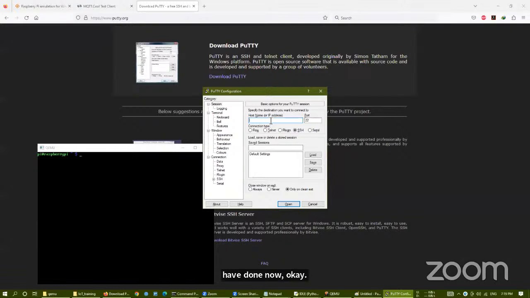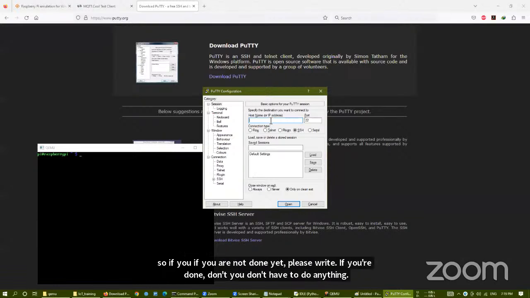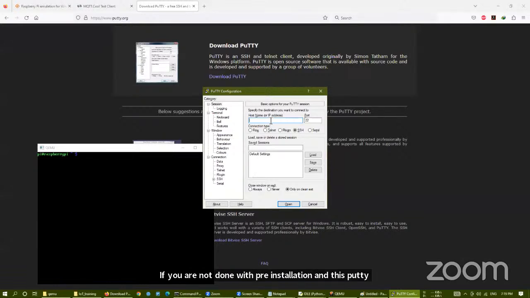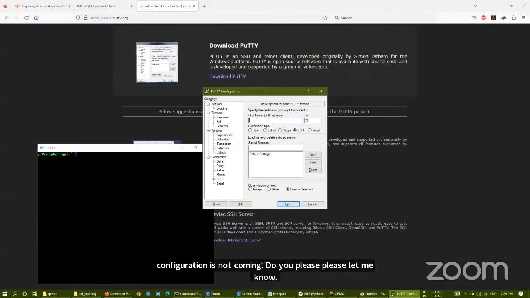If anybody is left with putty, just let me know. I will go ahead and talk on the other part of it. If you are done, you don't have to do anything. If you are not done with putty installation and this putty configuration is not coming to your place, please let me know. I'm giving 1 or 2 minutes for that. Everyone, please download and let me know if you are unable to download. Once this putty configuration comes,